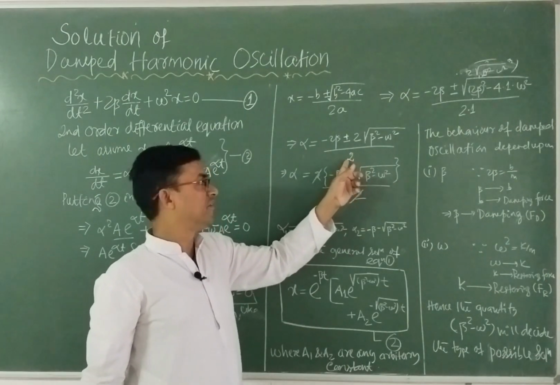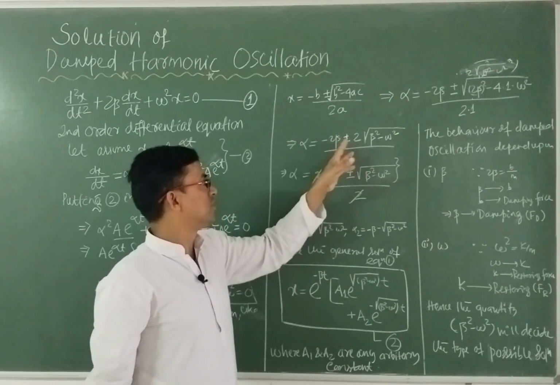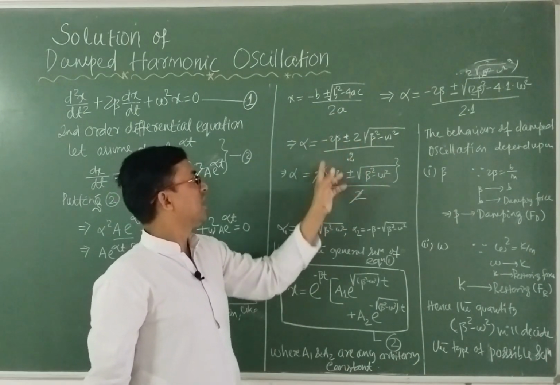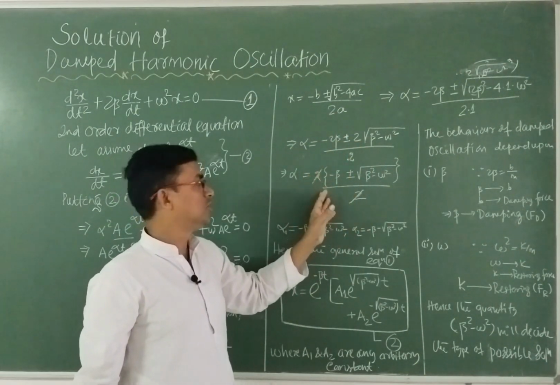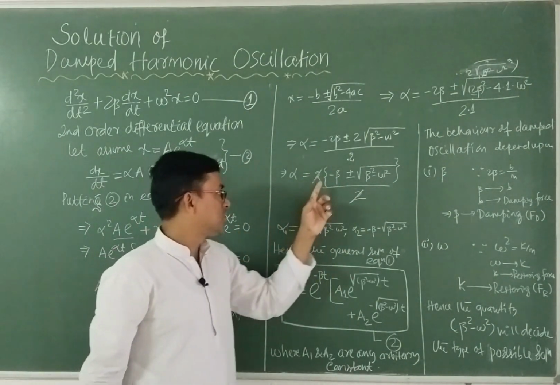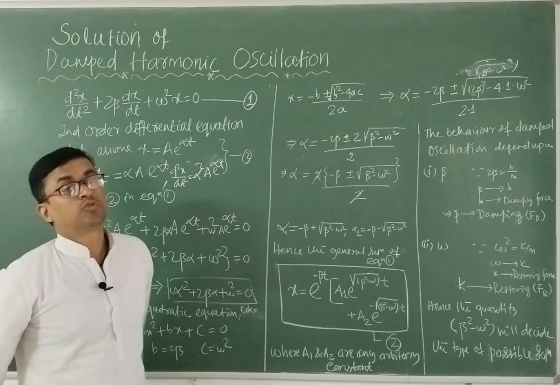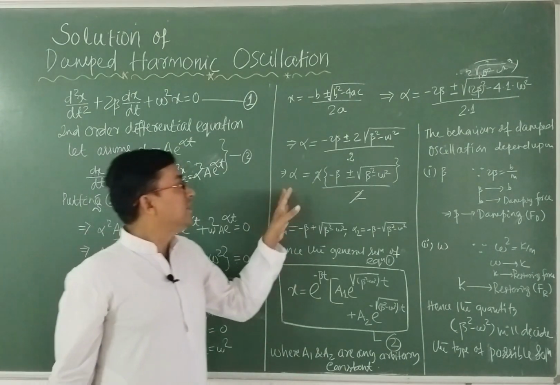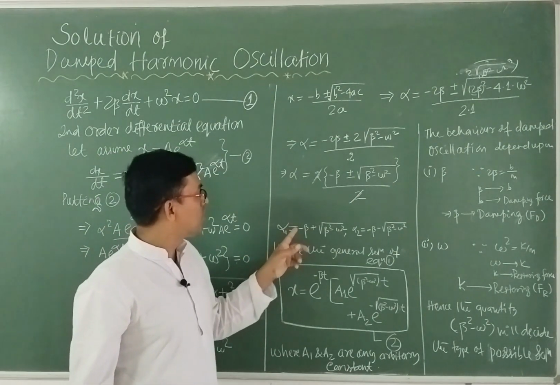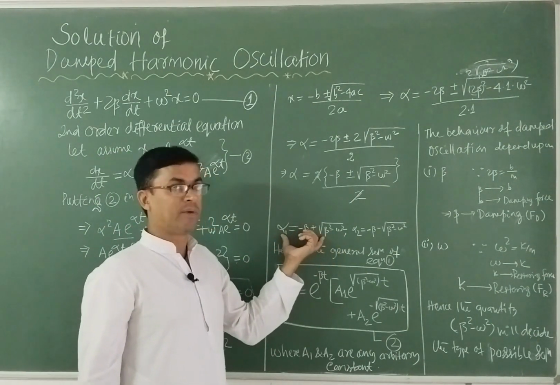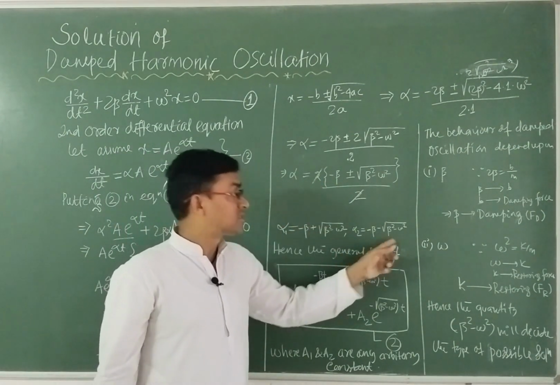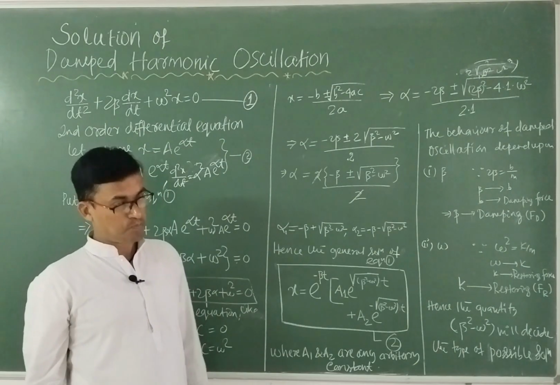And this is minus 2 beta, with the 2 coming out, and we have divided this by 2. We take a common 2, then we can cut it with the denominator and numerator, and we will find the solution: minus beta plus or minus square root of beta square minus omega square. Again, it is not a single solution, we are getting two solutions. One is alpha 1 equal to minus beta plus the square root of beta square minus omega square, the solution of this quadratic equation. Another is minus beta minus the square root of beta square minus omega square.